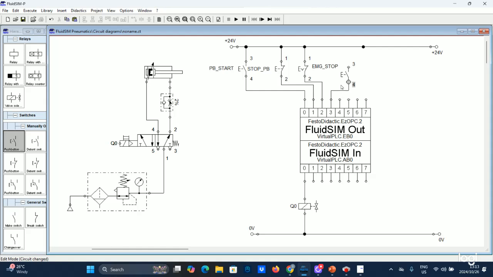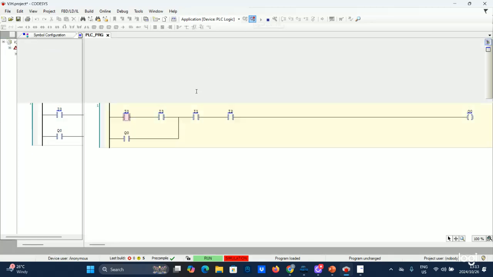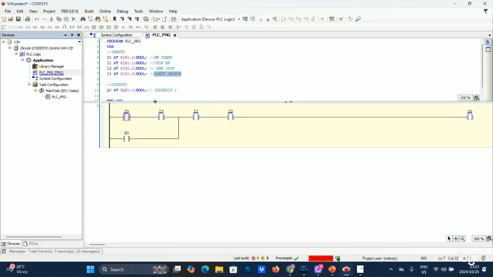So now I'm going to add this second push button here under I3, right? Which means now my I3 here, instead of it being the limit switch, is now push button number 2, so it's PB2, right? Stop PB2. And then now I'll remove this as well, right? So now, to ensure that our cylinder is able to be controlled from different locations,